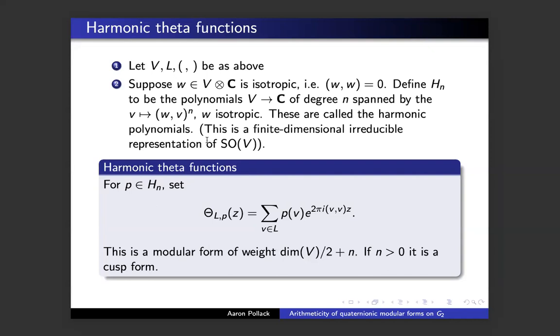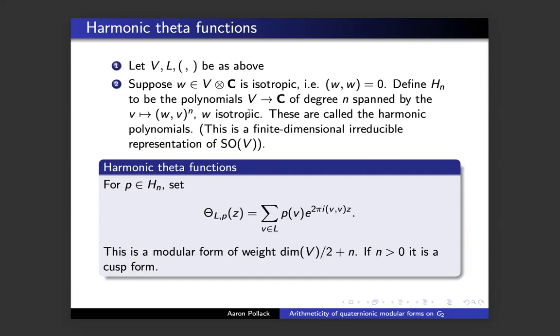Now, I take some vector W in V tensor C that's isotropic. So of course I can't find such a non-zero W in V, because the inner product is positive definite. But once I complexify, I can certainly find isotropic vectors. So isotropic just means that W paired with itself is 0. So once I have such an isotropic vector, I can consider polynomials on V with codomain the complex numbers, defined as I input some vector v, and then the output is I take the inner product with W and I raise it to the nth power. So n is some fixed